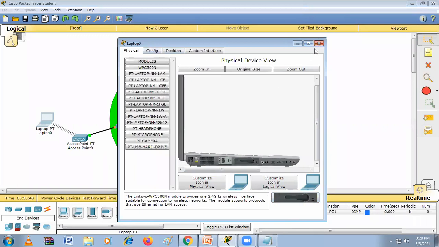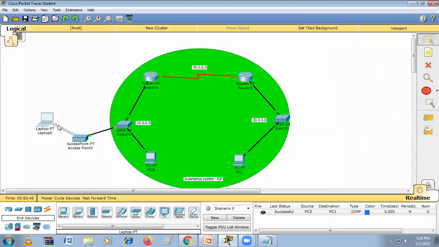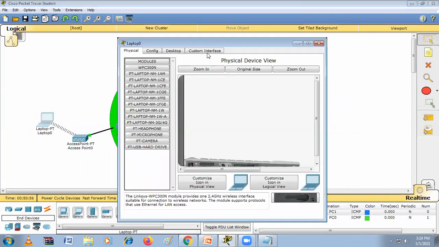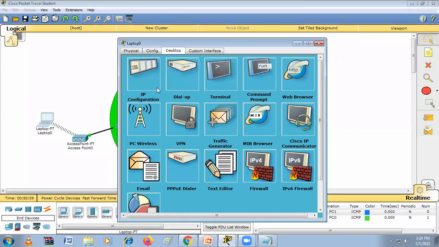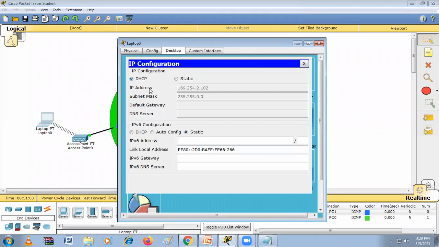And see here. Now, even though this laptop is connected, if you want to send a packet from this laptop to this computer, it failed because the IP address is not assigned, right? So why did it not show an error? Because automatically DHCP assigns an IP address, but which is not valid. The network is different, so we have to assign